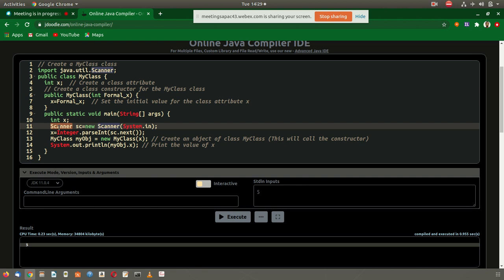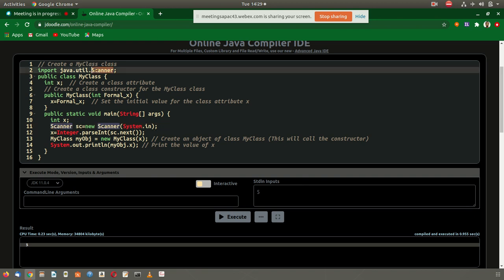Now Scanner is a library class, so we have to write the statement import java.util.Scanner. That means Scanner is a member of the group util, which is again a member of the Java package. This is the bigger level, then there is a sub level, then there is a sub level Scanner.